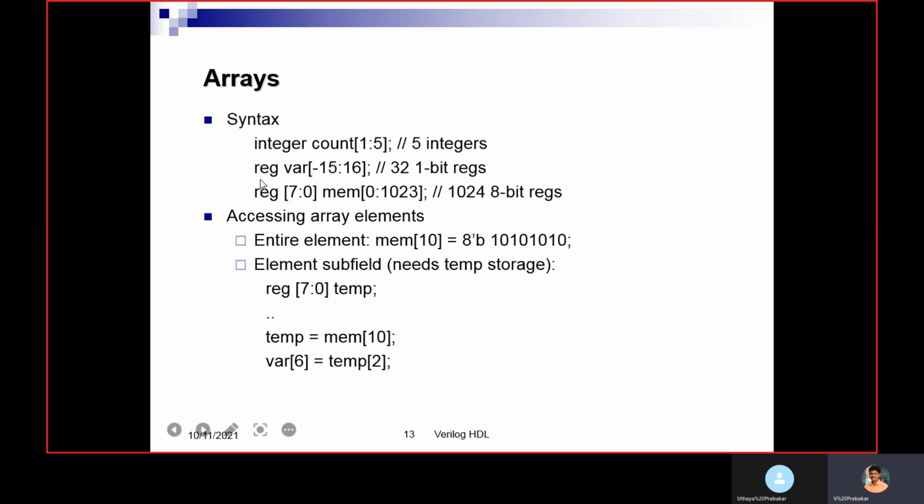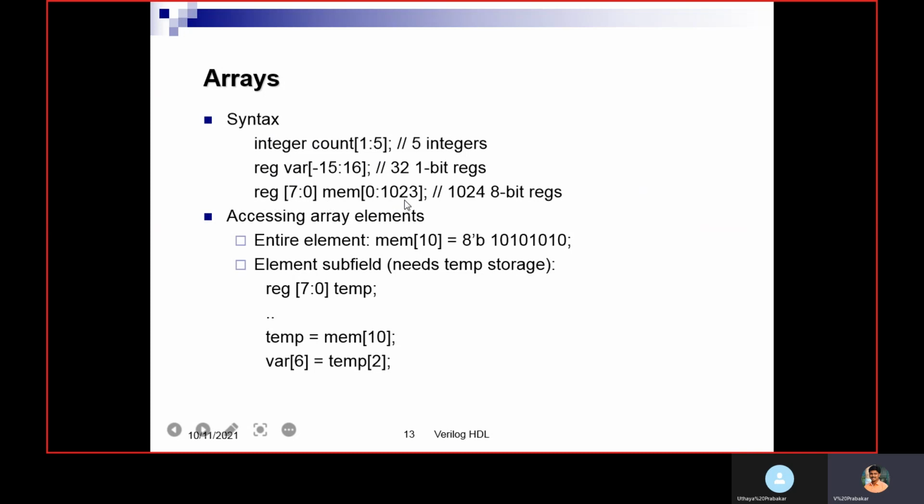This is another declaration, VAR minus 15 to 16. The total of 32 locations are there, minus 15 to 16. Example, VAR of minus 15. Each location can hold a single bit because it is declared with reg.